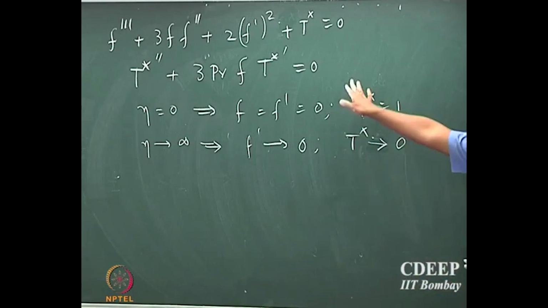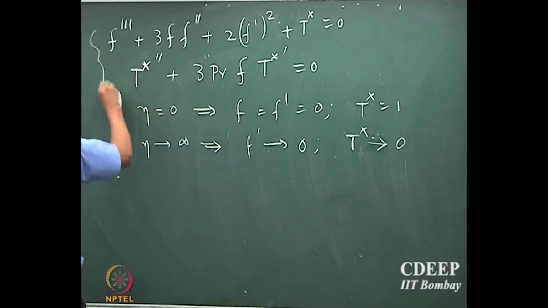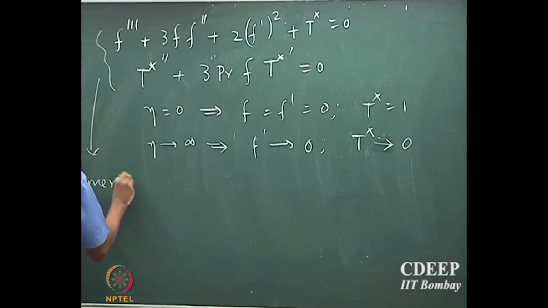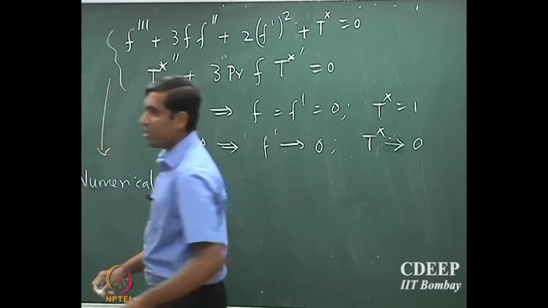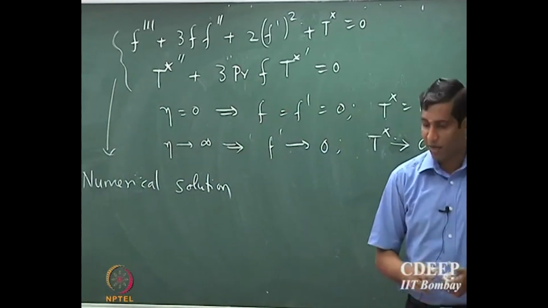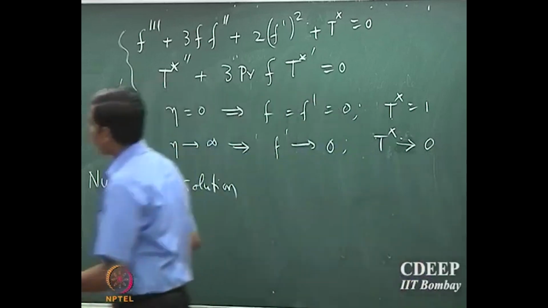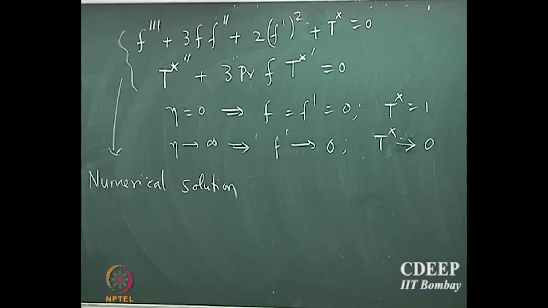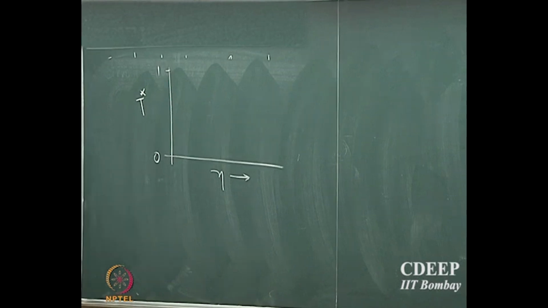There is no analytical way to solve this equation, so one has to use numerical methods to solve these equations. And so the numerical solution would look something like this. So the numerical solution for the temperature profile, T star going from 0 to 1, and this is eta. Okay. So the solution would look